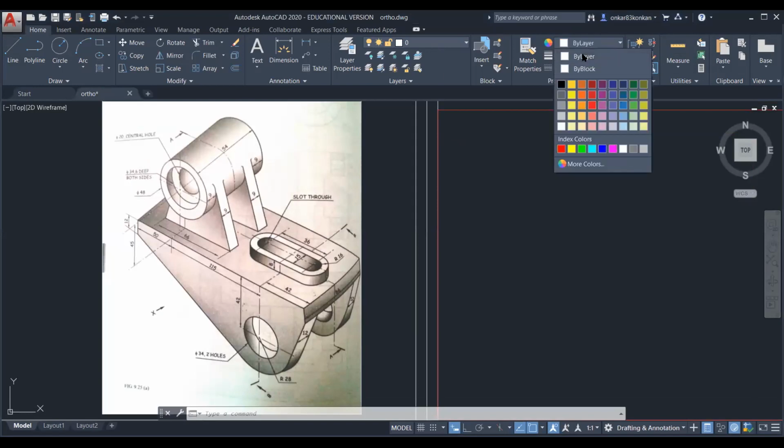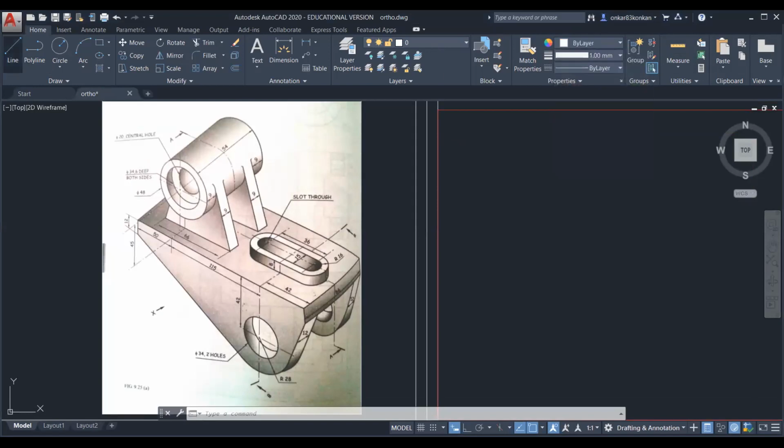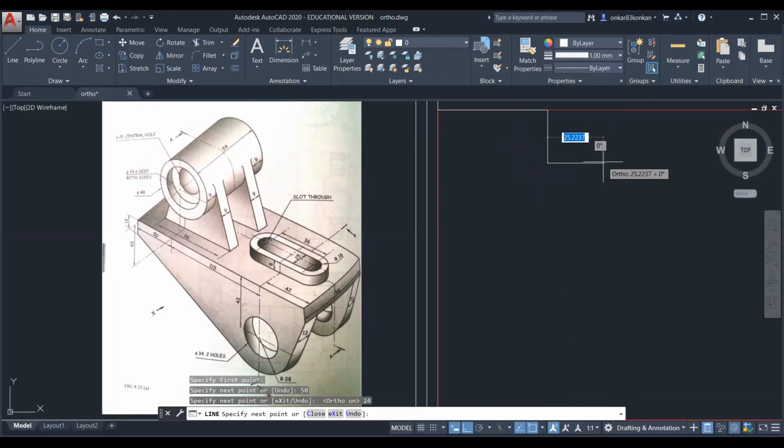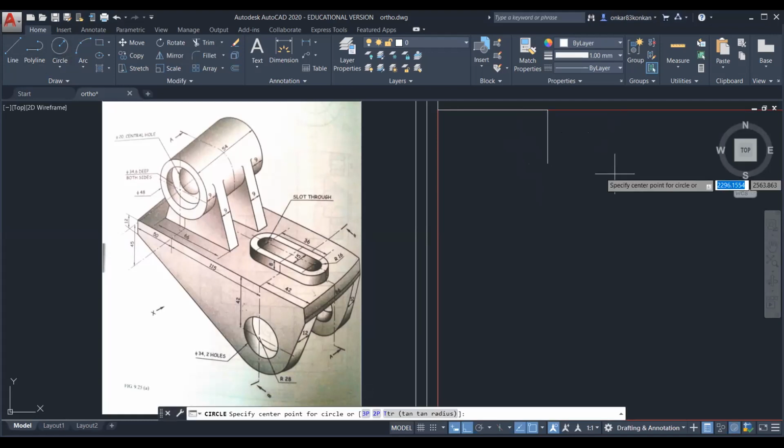So select the bilayer option and select the line. Take the distance 50 mm, and take the distance 24. I am taking here radius. So this point will give the position of this center point. And now you can select this circle.